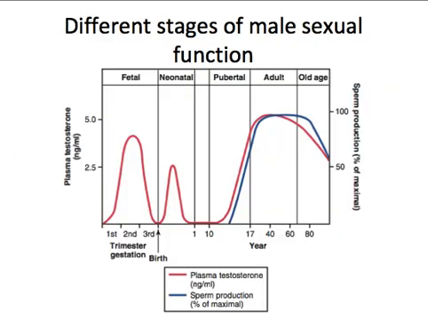Next, I mentioned earlier that testosterone is usually highest in the newborn period and in puberty. As you can see here, this graph shows us the different stages of male sexual function. Male sexual function fluctuates when there is a lot of development of your sexual characteristics. Of course, in the fetal period, when you're still inside the womb of your mother,